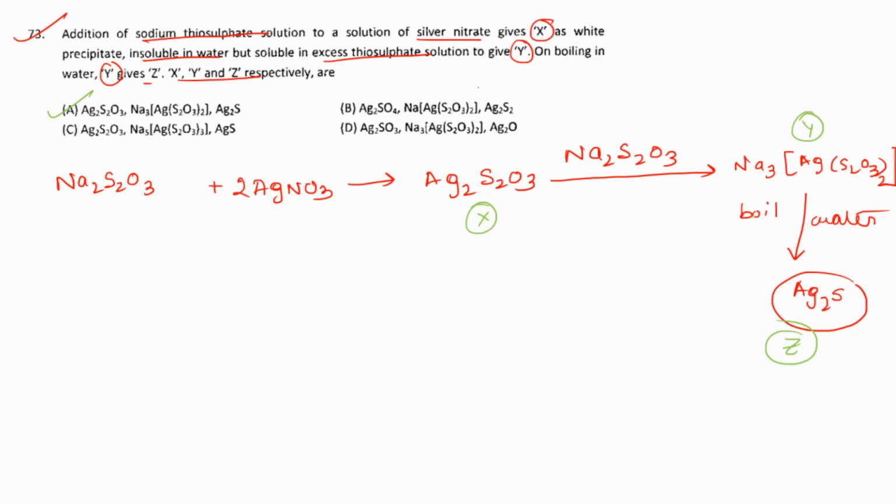Now you might have the question of why it is Ag2S and not AgS. Because the charge over here is 2 minus for sulfide, and for silver it is a single plus. In the thiosulfate it is S2O3 2 minus. So here also the charge it carries is Ag plus and S2 minus. That's how you get Ag2S and not AgS, because the oxidation state of Ag is plus 1 over here.